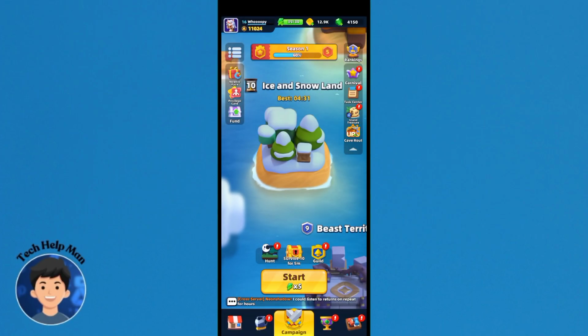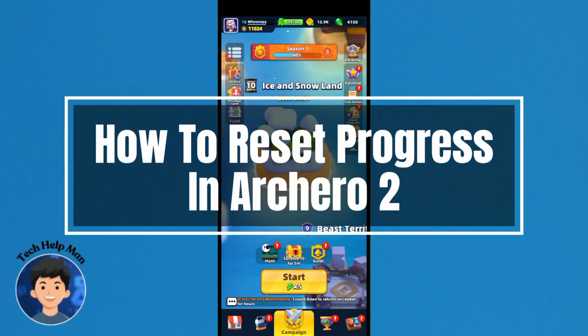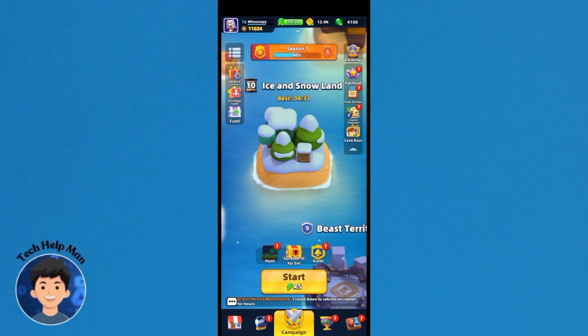In this video, let me show you how to reset your progress in Archero 2. Now, if you want to reset your account, there are multiple ways to do it. You could clear data, unlink or relink accounts, or simply change accounts if you want your progress to stay put. Next, if you want to reset the account linked to your email, the safest way is to contact customer support